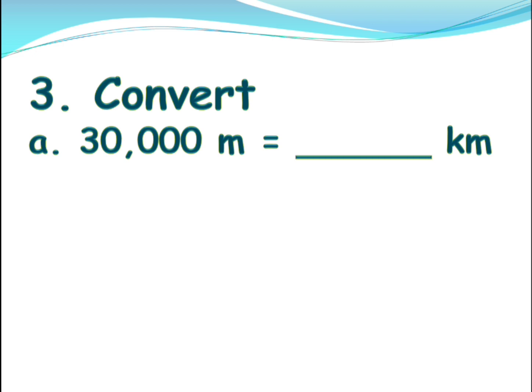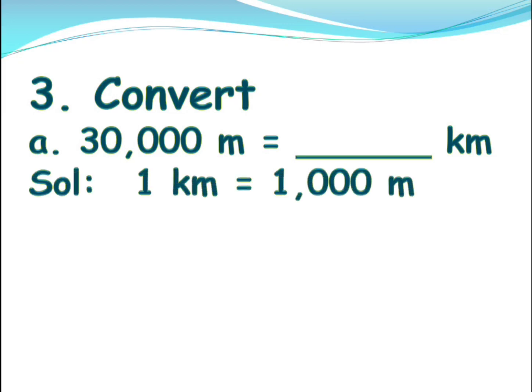Convert 30,000 meters to kilometers. Okay, when we are converting, see here, meters is smaller and kilometer is bigger. Isn't it, children? So, we have to convert small to big. So, when we are converting small to big, what we have to do? We have to do the division. Isn't it, children? And we have to know how many meters will make 1 kilometer. That is, 1 kilometer will be equal to 1,000 meters. Now we have to divide with 1,000 here.